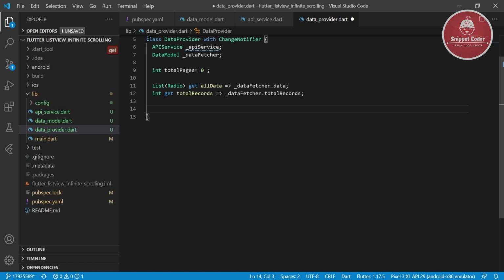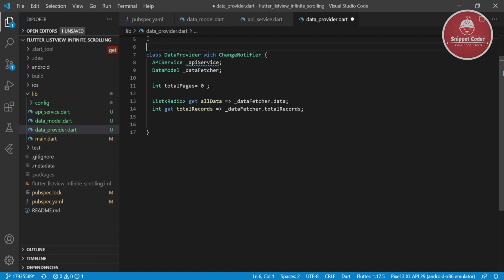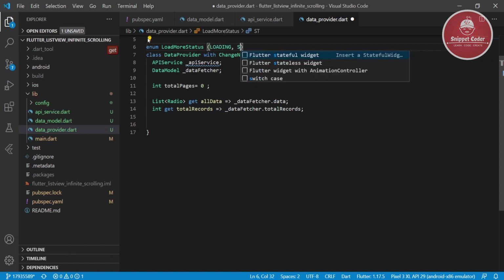Now we will add one enum. We will name it enum LoadMoreStatus, and it has two values, that is loading and stable. An enum is basically used for checking the loading status, that is whether it is still loading or loading has been completed or not.